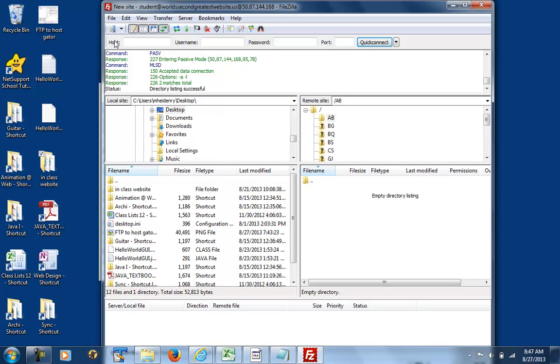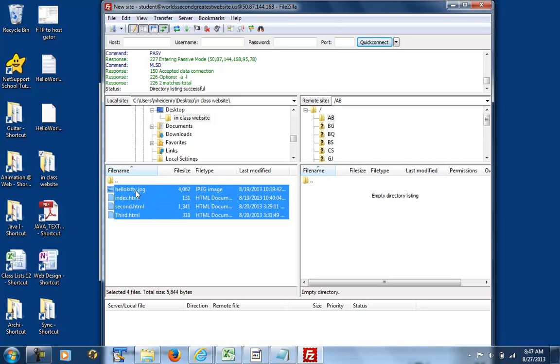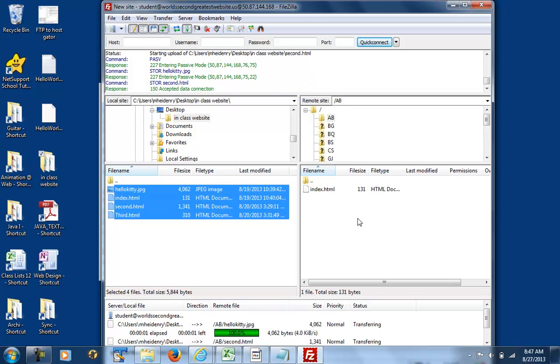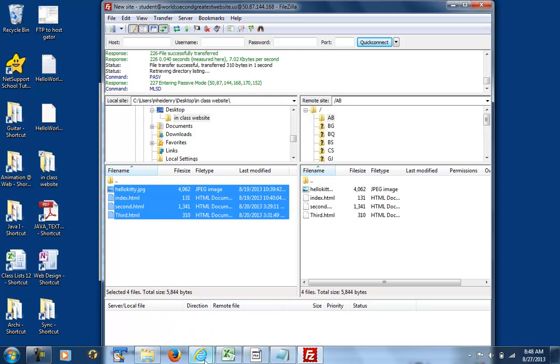It's empty. If I wanted to then upload something, I might click on my desktop. I have my in-class website with these files. I'll click and I'll drag, and it's showing down here the status, but it's pretty fast when we're uploading small files. Now to check this,